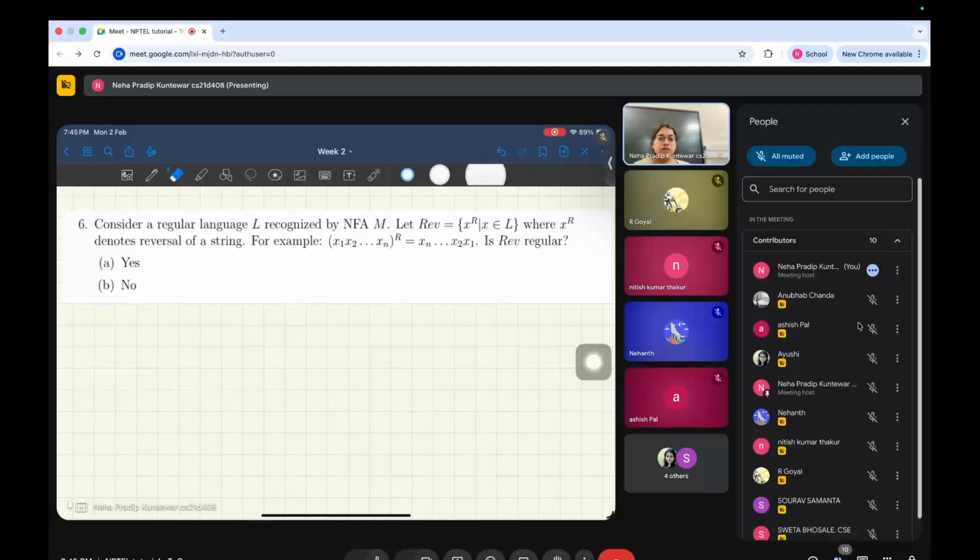Yeah, so try this out. Let's say that L is a language that is recognized by an NFA, and now we are constructing a new language, L reversal, which is the reversal of all the strings in L. So for example, if L is